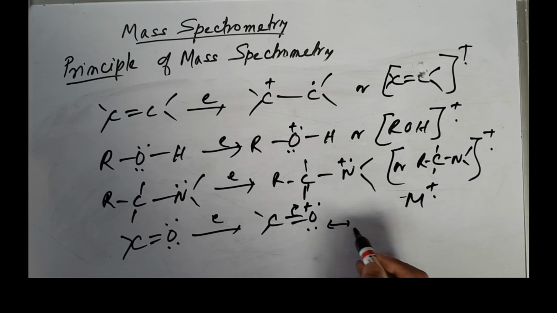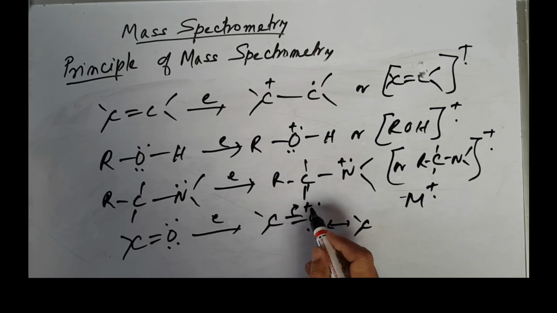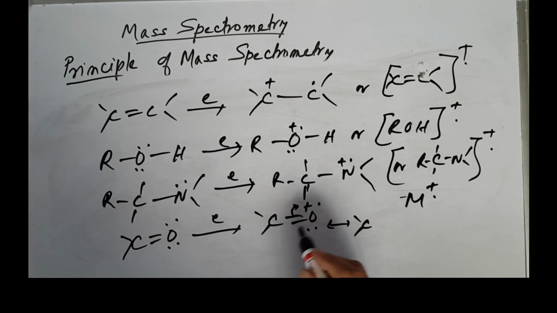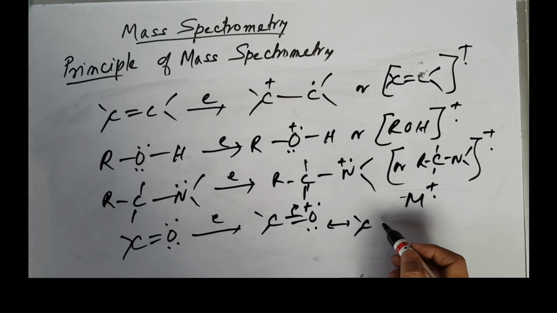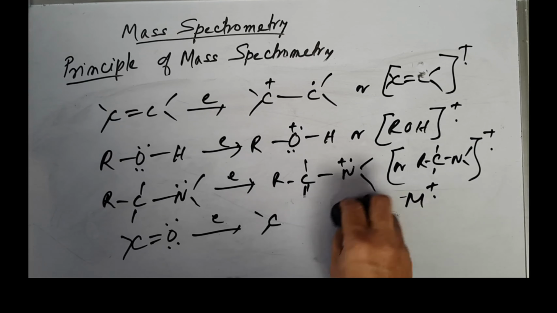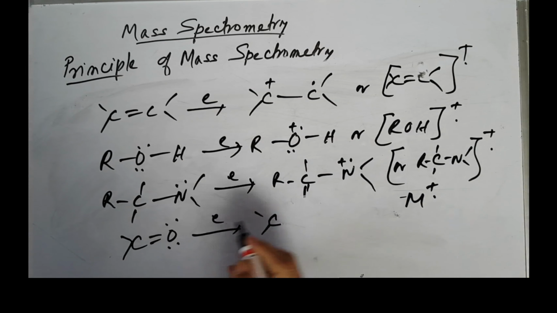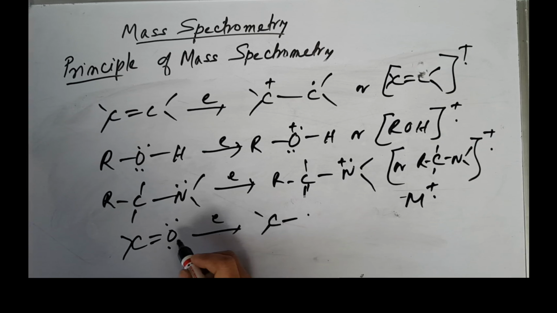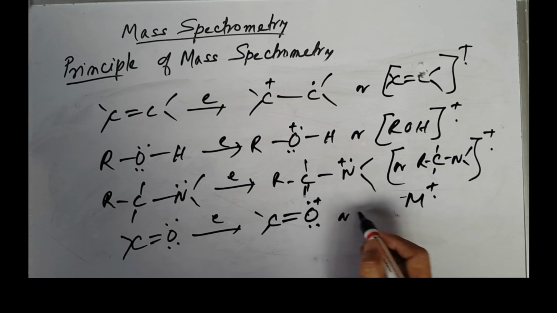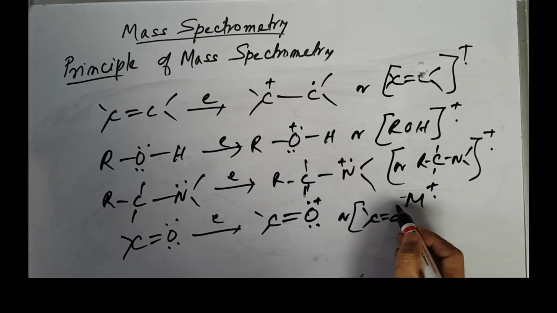So you can have other resonance structures. So two electrons are given here, so you can have another positive charge here. So you can have the positive charge, or I will write this. Similarly, you can write. Suppose you know this one. First step is formation of this from the electrons of oxygen. Then you can, okay, this way. So you got this one. You can have carbonyl like this.